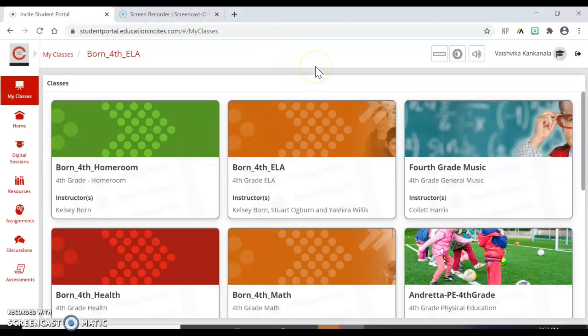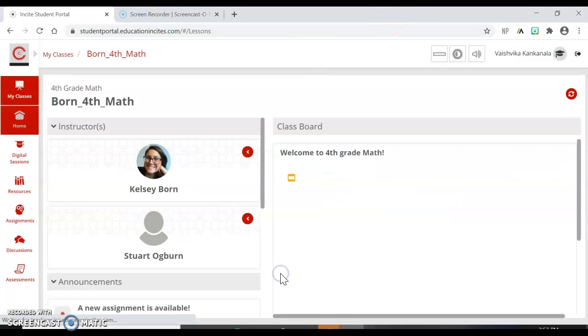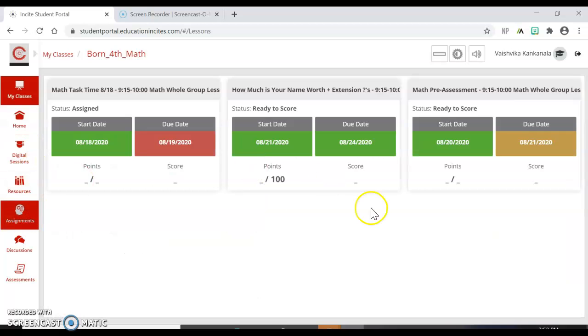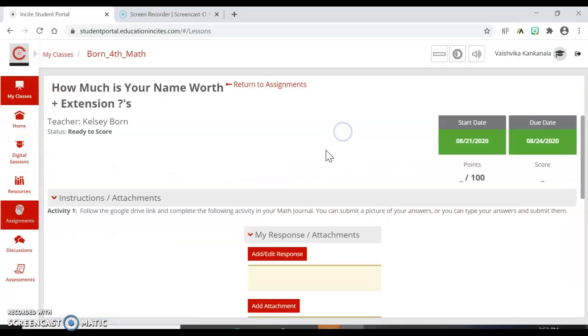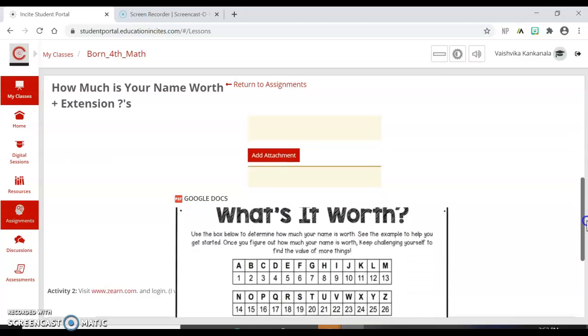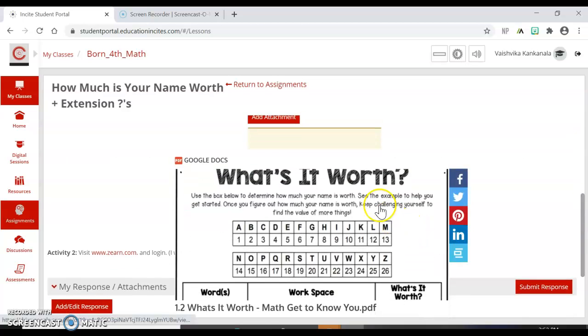Today's video is to show you how you can write your responses for assignments in CTLS that have worksheets attached. So what you would do is you would choose the class where the worksheet is available. You would go to assignments, and I recognize that How Much Is Your Name Worth was an assignment that had a worksheet. So it's embedded strangely, but what you would do is you would open up the worksheet,